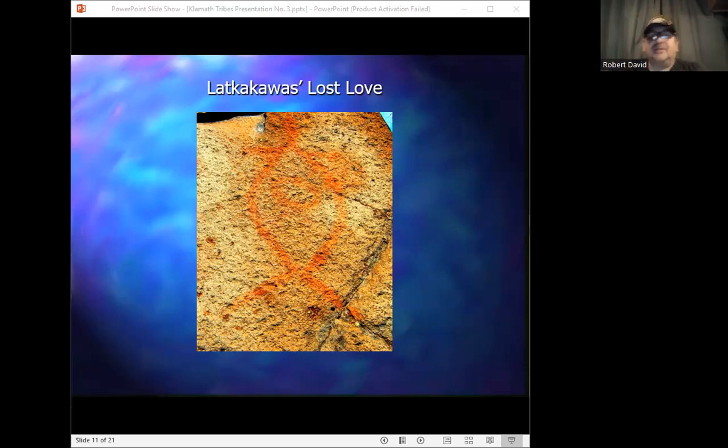Now, what we're seeing in the slide here, folks, is a painting of a human that was intentionally created to be confused with the salmon wearing the sun disk of Kamokamsh on its torso. But this depiction is not simply a reference to the story of Lakakawas. What we're seeing here, folks, is a depiction of the part of the story where the magic worked, where the curing magic of the sun disk worked.